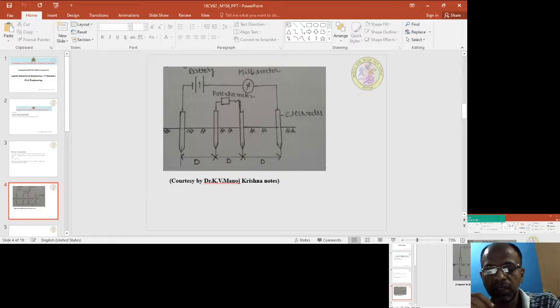Then divide that entire length into 3 equal parts. At the first point, insert an electrode with the help of a hammer, and at the last point, again with the help of a hammer, insert an electrode such that the pointed end will penetrate into